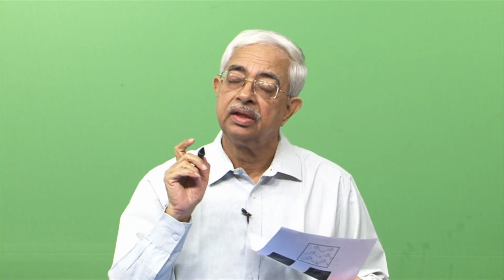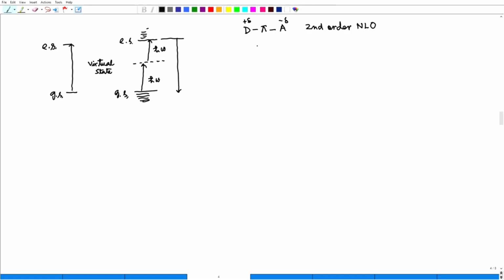Okay, as a chemist I am not interested in this theory so much, but what I am interested in is which molecules will give such two-photon absorption, that is D-pi-D. What do you see? Both sides D, both sides donor. So it is basically a symmetric charge distribution. Here is an asymmetric charge distribution,